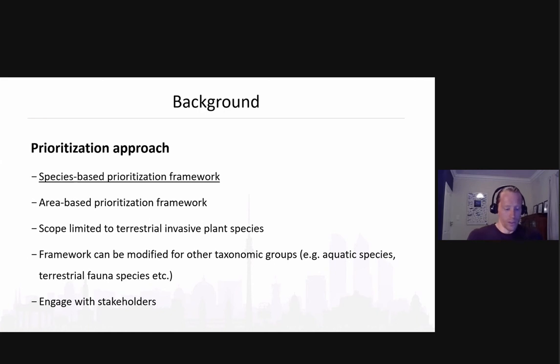For the sake of this project, we looked solely at terrestrial invasive plant species, but as will become clear throughout the talk, this framework can be modified to include other taxonomic groups, like aquatic species and terrestrial fauna species, and I'll explain how you can tailor it to fit these different groups. What is key in this approach, and what we really wanted to include, is engagement with stakeholders. I'll talk quite a bit about this as we go along.